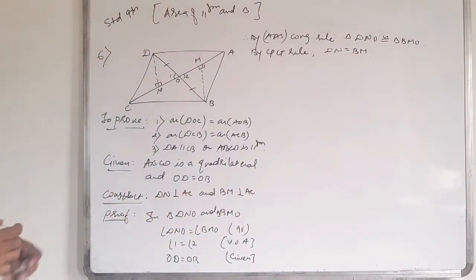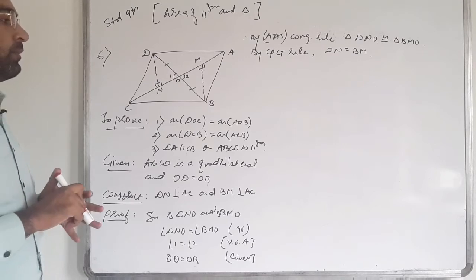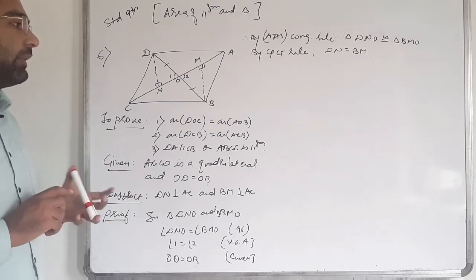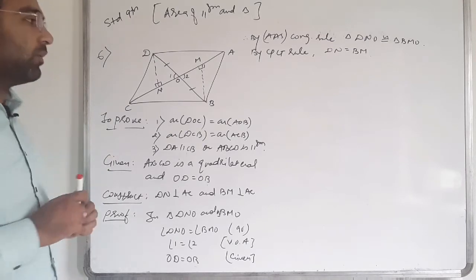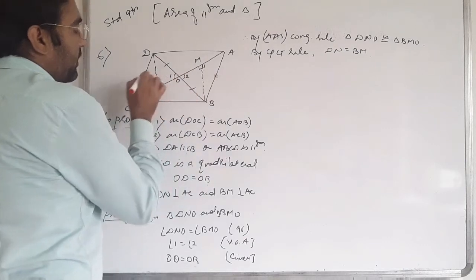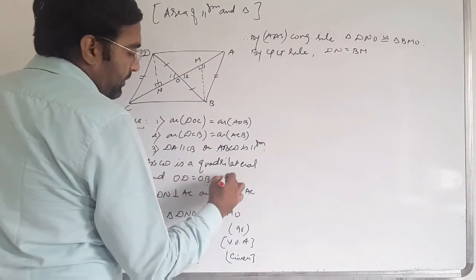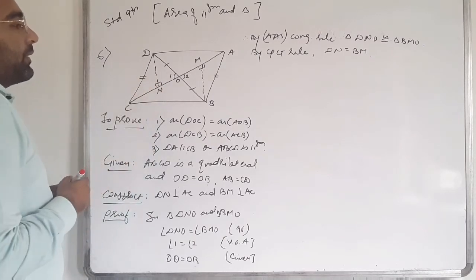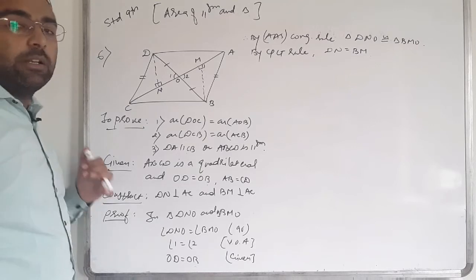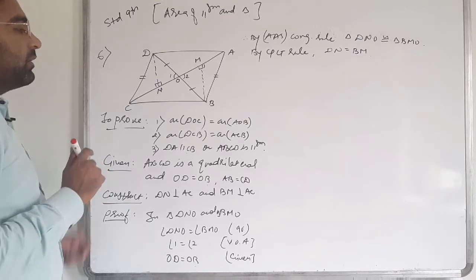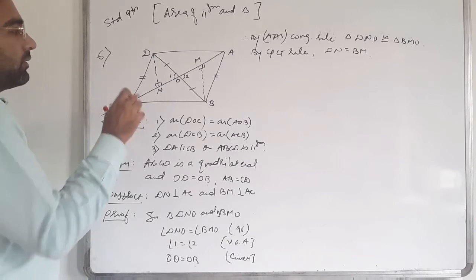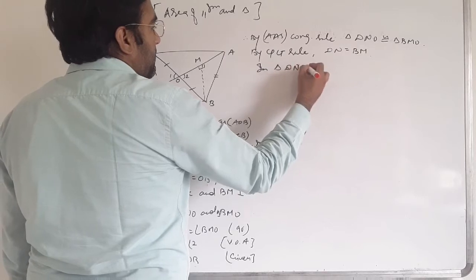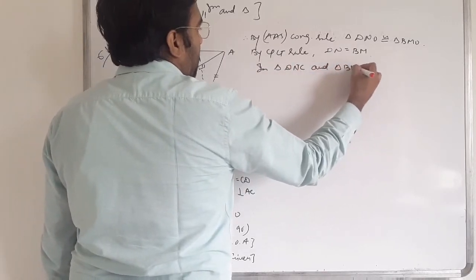Clear? Here one thing is also given, that AB is equal to CD, which we forgot to take. Now in triangle DNC and triangle BMA,